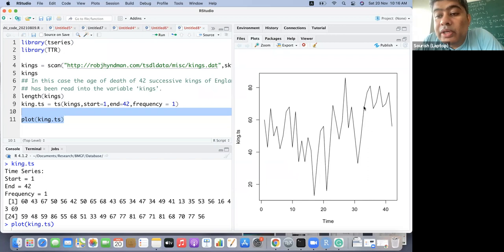So what do you think about this data? Any thoughts, just staring at this data?